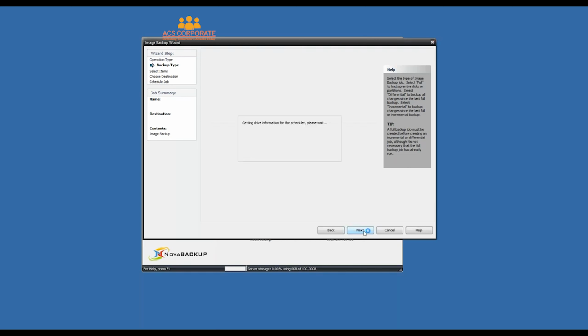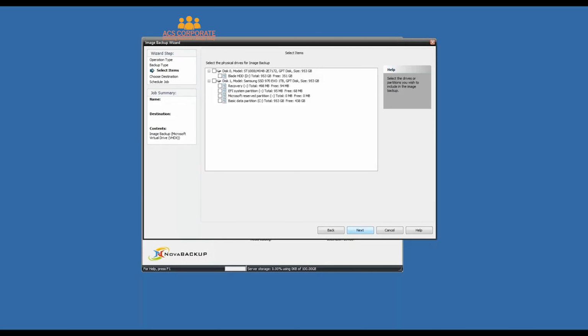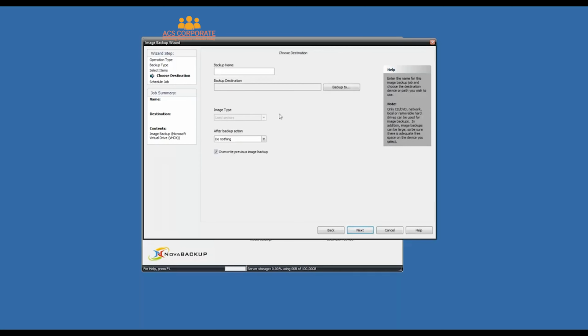Then it'll go through my local machine here and show me all the drives and partitions that I could select, and in this case I just want to do this particular drive because the other drive is not important to me. So I would do this,